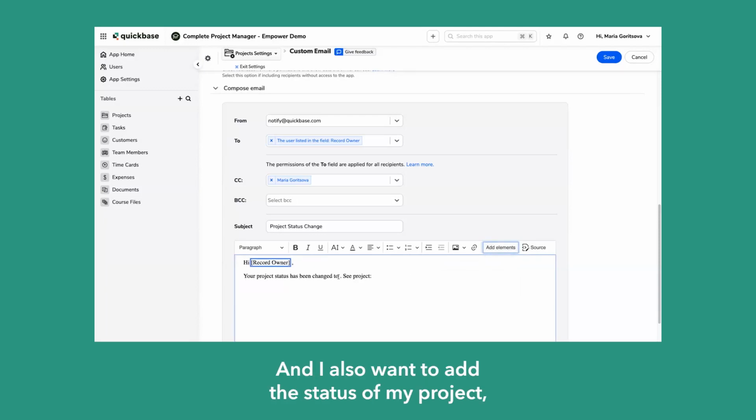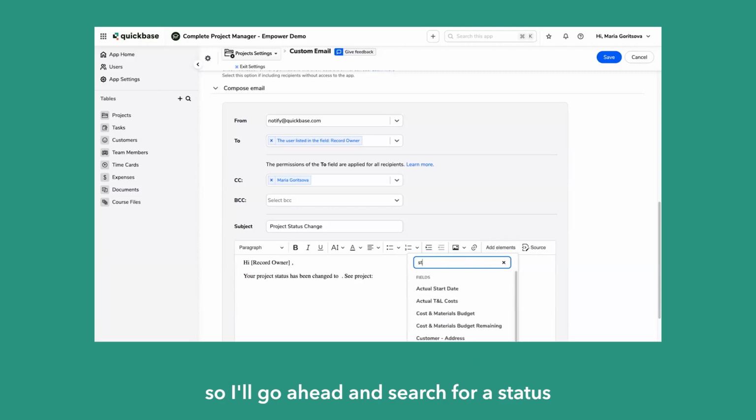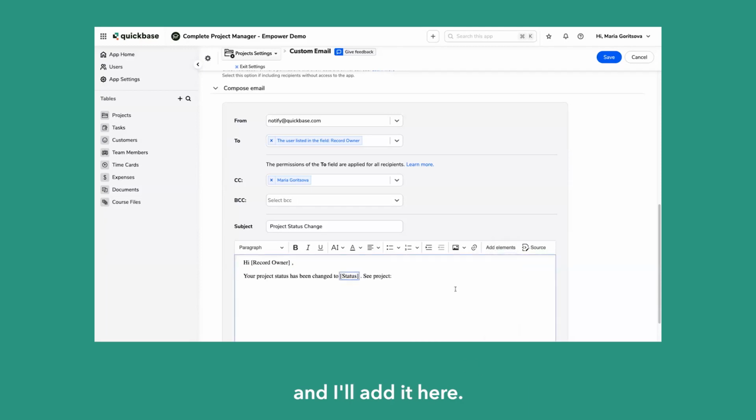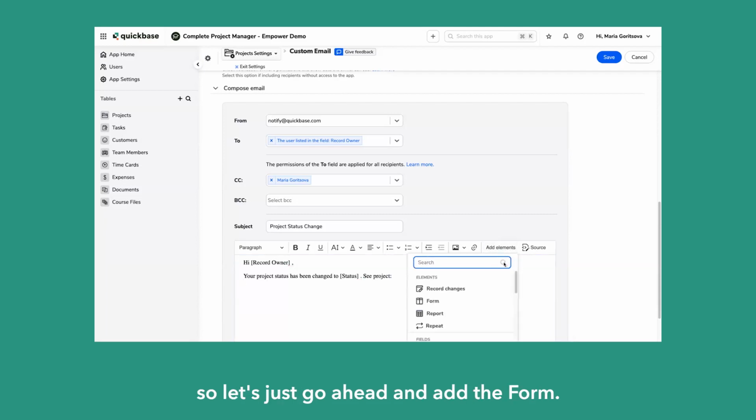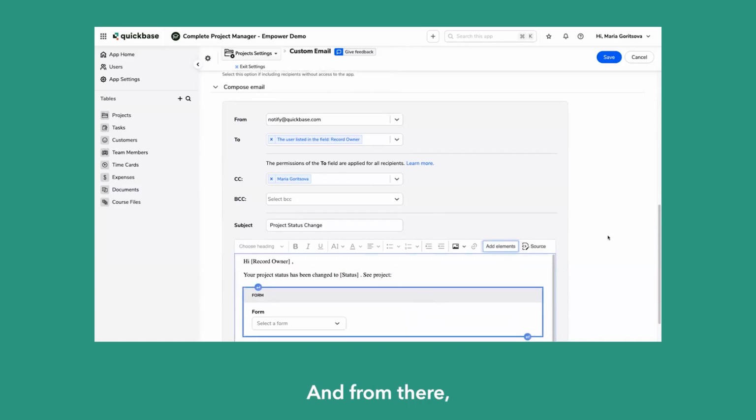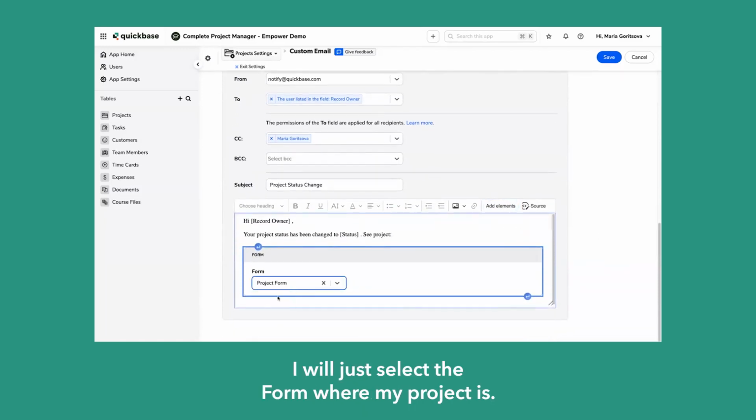And I also want to add the status of my project. So I'll go ahead and search for a status, and I'll add it here. And I also want to add the project itself. So let's just go ahead and add the form. And from there, I will just select the form where my project is. With those simple steps,